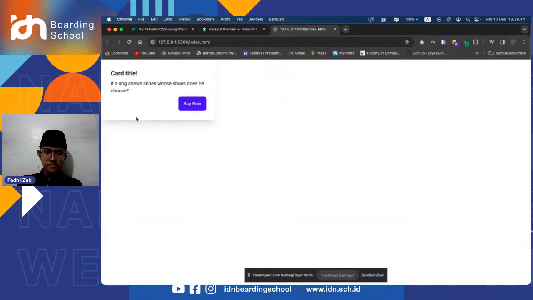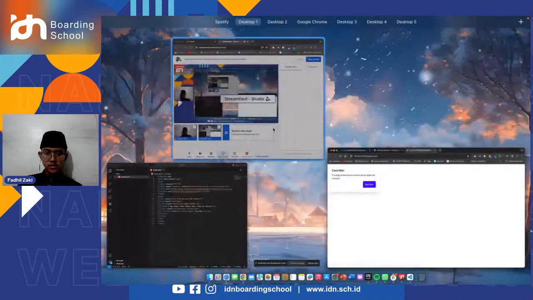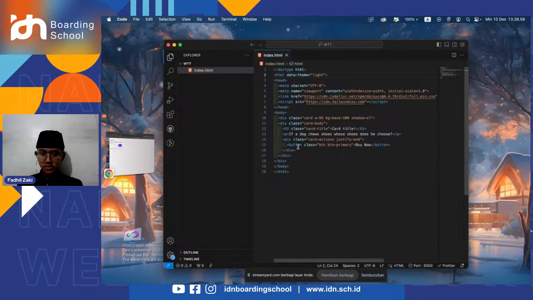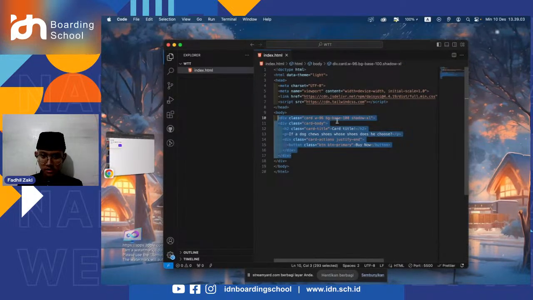What if we fulfill the view first, I mean the UI, because if we're using only the card,